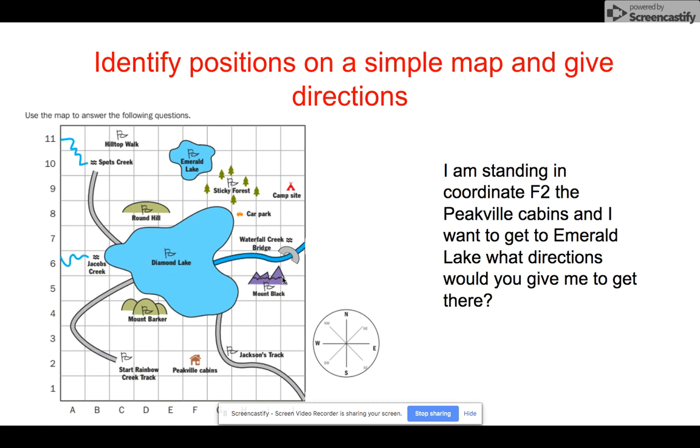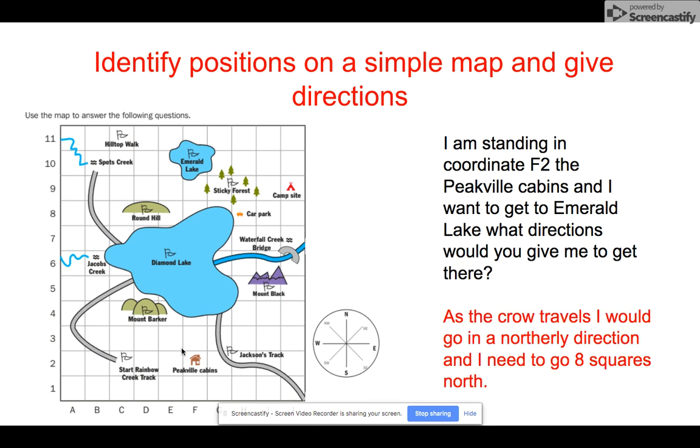So if I'm standing in the coordinates F2, so F is down here, and 2 is here, which makes us at Peakville Cabins for F2, and I want to get to Emerald Lake, what directions would you give me to get there? We can use our compass over here to help us. Okay, if you told me to travel north, so I'd go here to get to the Emerald Lake,